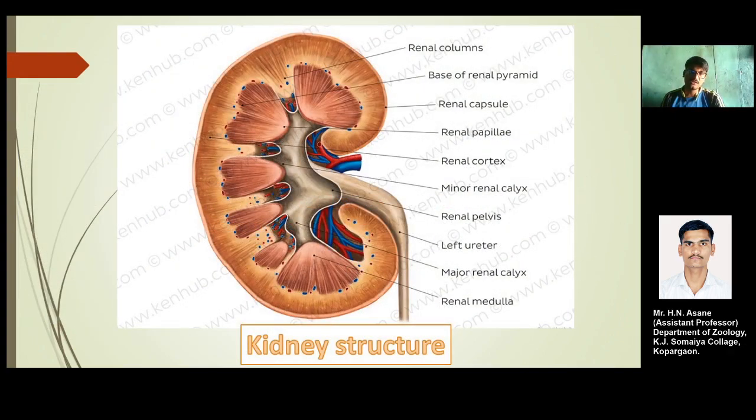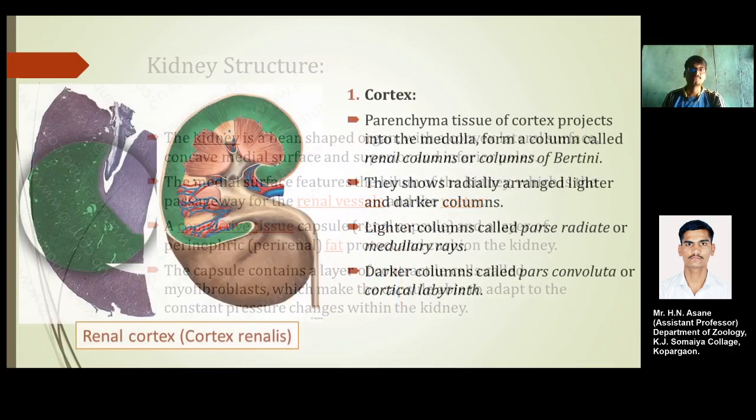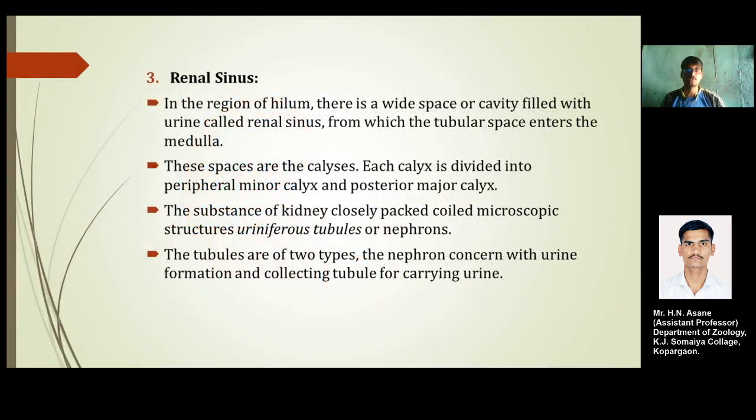Okay, so after the renal cortex, we have the major renal calyx and the renal pelvis, and the ureter portion. All these passages lie in between this gross structure of the kidney, after the renal capsule, after we have seen the renal columns. Okay, and then we have seen the renal papillae, then we have seen the minor renal calyx. So after that, all these passages are known as the sinus or the renal sinus.